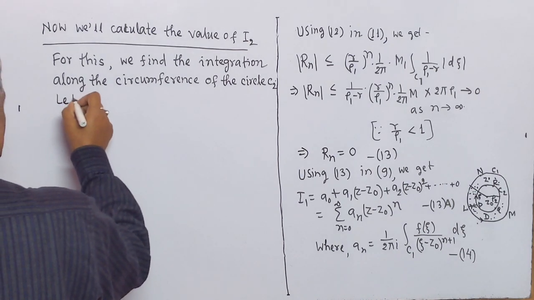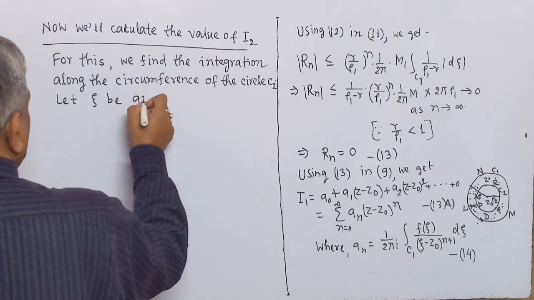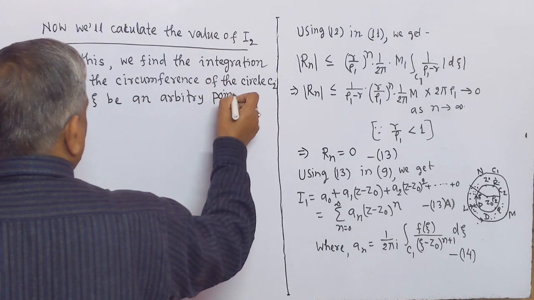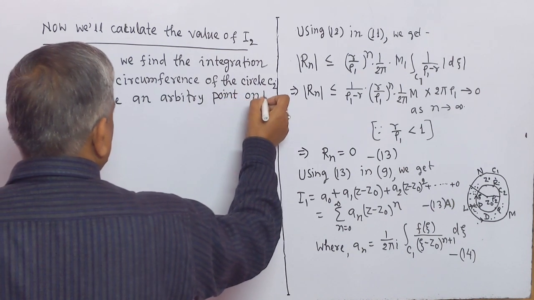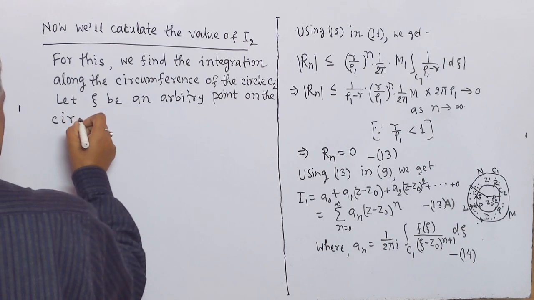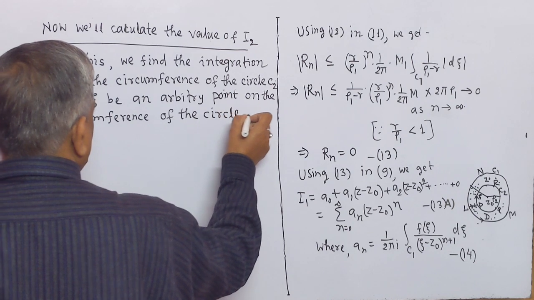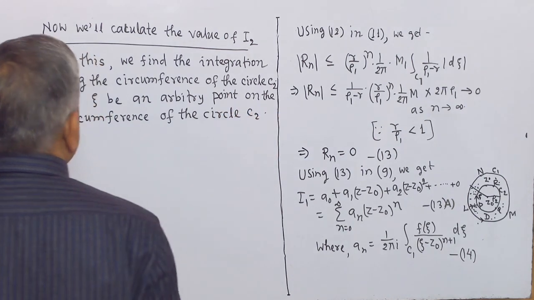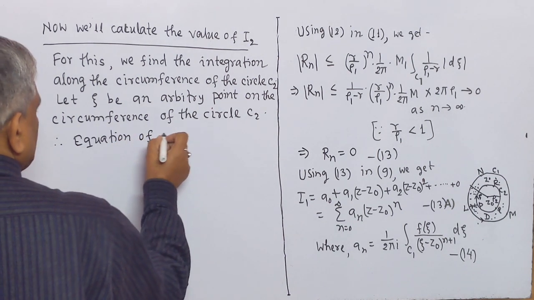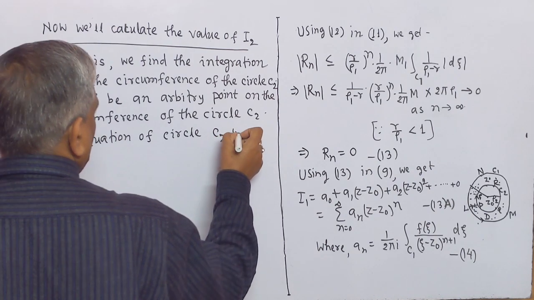Let xi be an arbitrary point on the circumference of the circle C2. Therefore, the equation of circle C2 will be